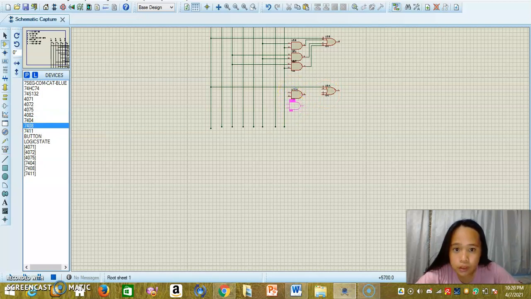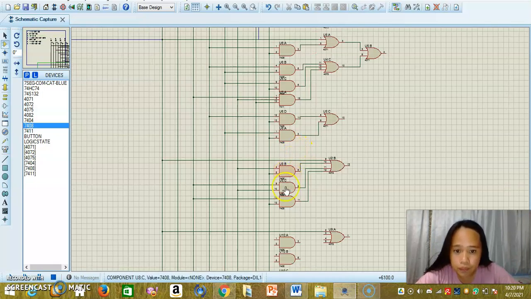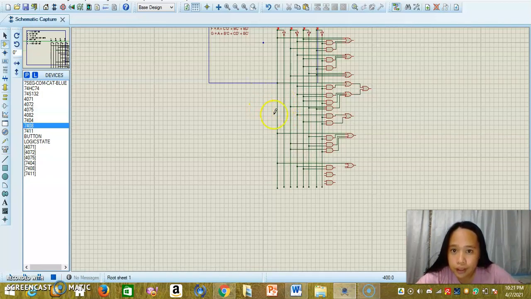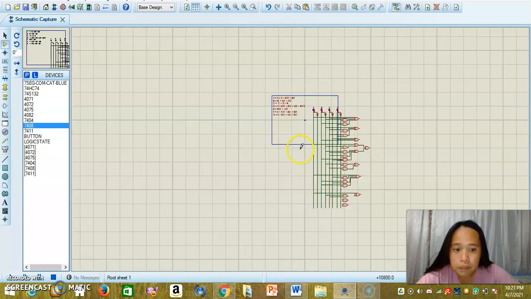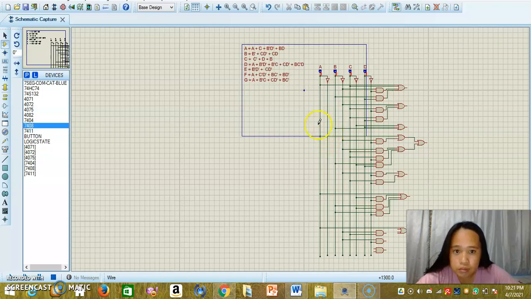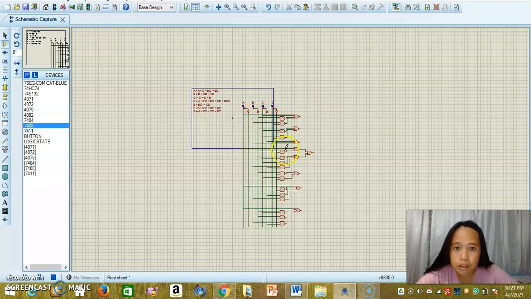1 and 3. Okay, so the B prime C, B prime and C. For the next, C D prime, C D prime, and for the last one, the B C prime, B C prime. Okay, so we are done performing our